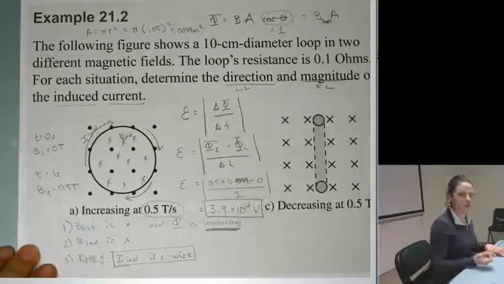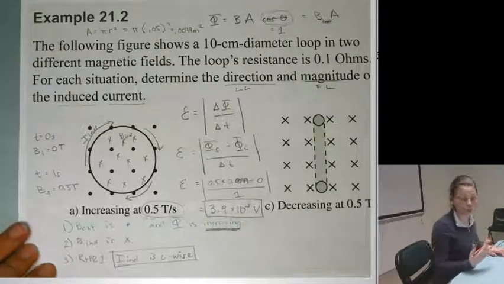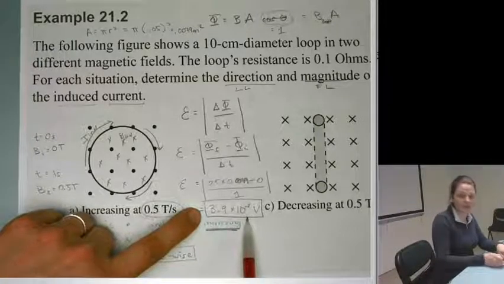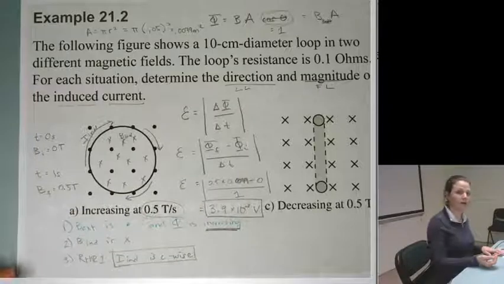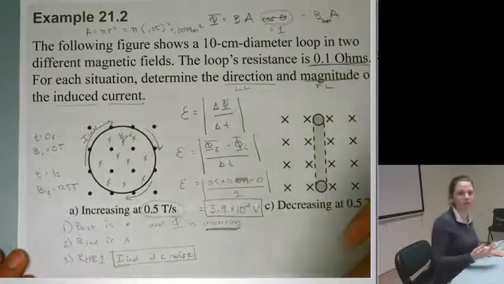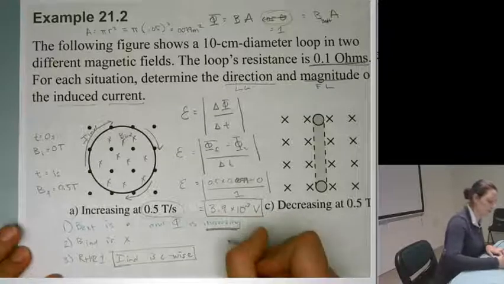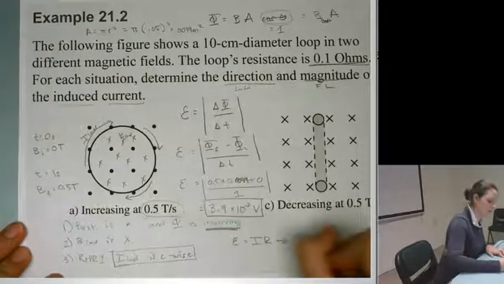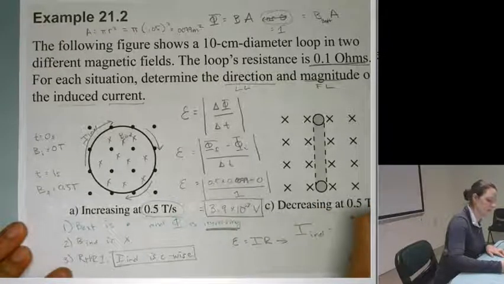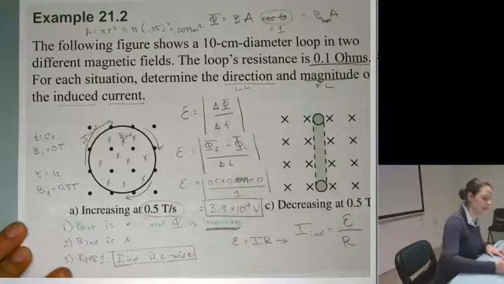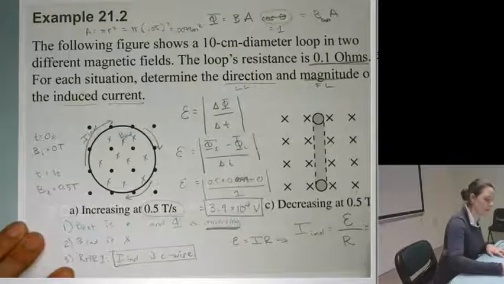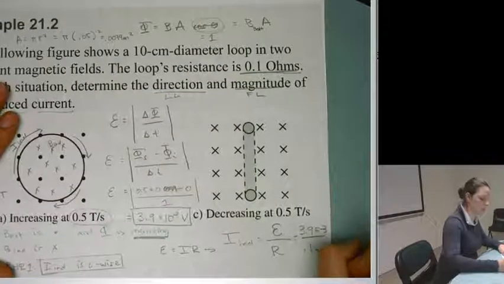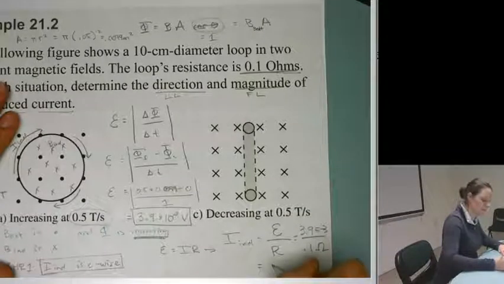For that, we're going to use our old friend Ohm's law, right? I know the voltage. If I knew the resistance, then I could figure out the current. If you go back and read the problem, you'll see that, lo and behold, the resistance is right there. We know that V equals IR. So I induced is the induced EMF divided by the resistance of the wire, which is 3.9 times 10 to the negative third volts divided by 0.1 ohms. And that is 0.39